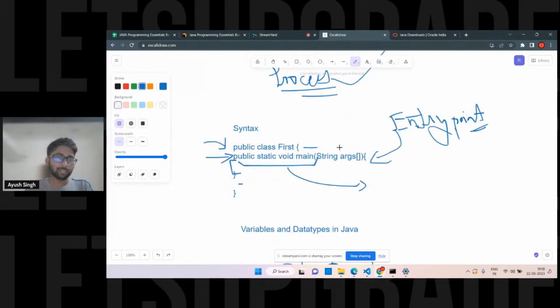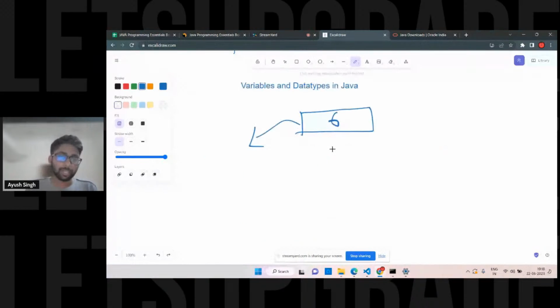Just for now you can just understand this part, remember this point. Garbage collection is responsible for dynamic allocation of memory and functions as well. Let's suppose you have this 6, so you should give a name, right? Just like we have your name and a roll number, a variable has a unique name for a particular data. Let's suppose if you are storing 6, we are giving the name A.